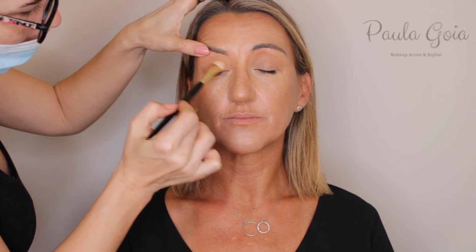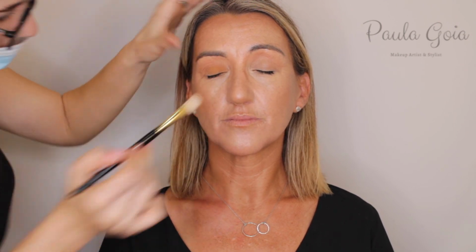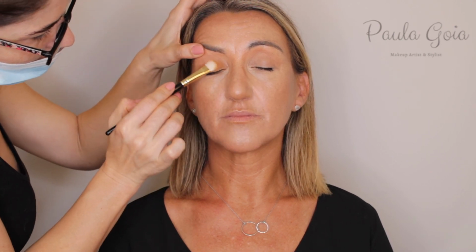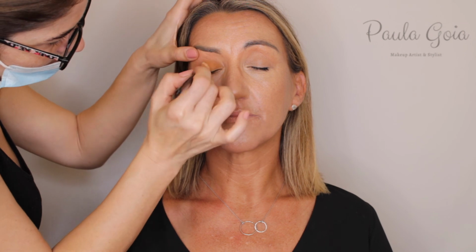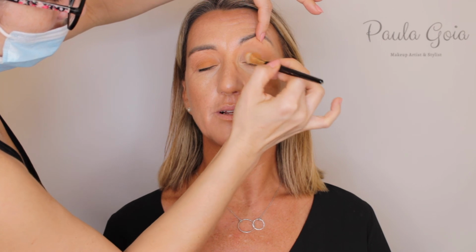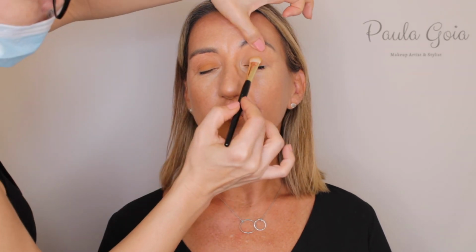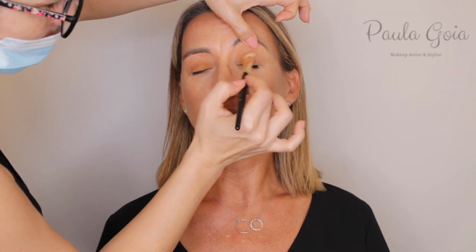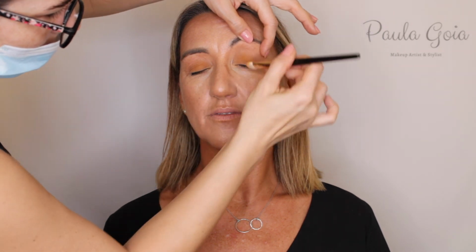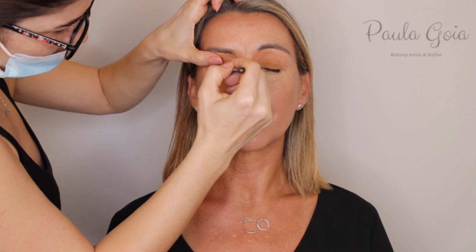After that, with a flat brush, I will be applying the second color in the palette, which is shade 324, which is a soft neutral brown, a little bit more towards the warm tones. I'm using a flat brush because this is going to help pack the color onto the mobile eyelid in a very seamless way, and it's going to cover everything. Now, what we want to do when we are applying the eyeshadow is use patting motions, and once all the mobile eyelid is covered, then we are going to move on to the next step, which is